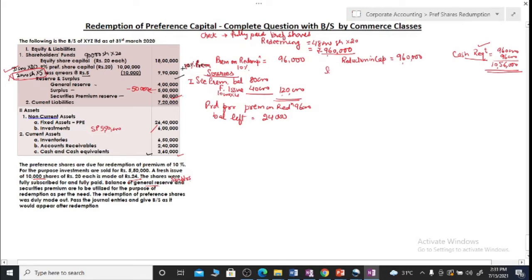Now coming to capital. For capital we have two sources, fresh issue and free reserves. Since fresh issue is given to us, we will start with fresh issue. So you are issuing 10,000 shares of 20 each at 24. How much will be the proceeds? Proceeds will be 20 only, because you are issuing shares at 24 but 4 rupees is the premium. Premium is not regarded as capital, that is kept separate. So your proceeds against capital are only 2 lakh.